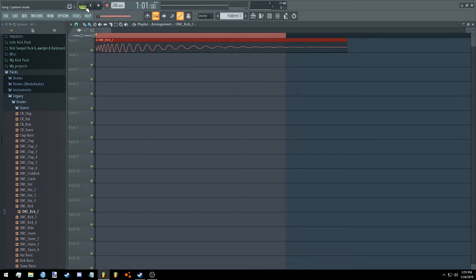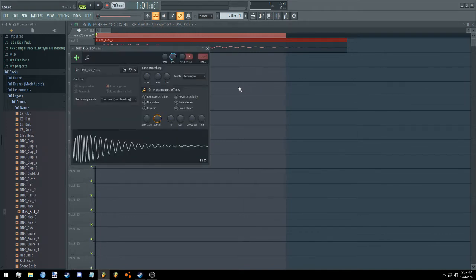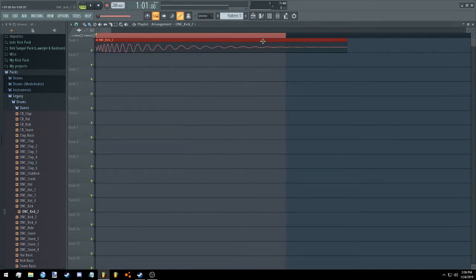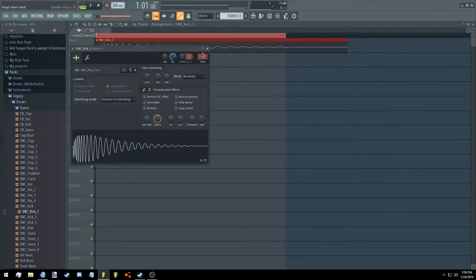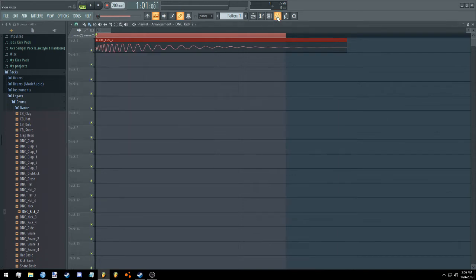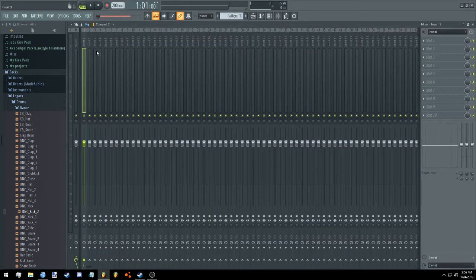Oh yeah, also if it's on pattern, switch to song, because pattern is where you make melodies and stuff. You can also use it to pitch kicks, but I don't, not a lot at least. So what you're going to want to do is click on the dance kick, assign it to track 1 or any next available track. Then go into your mixer, go to that track, and over here you'll see